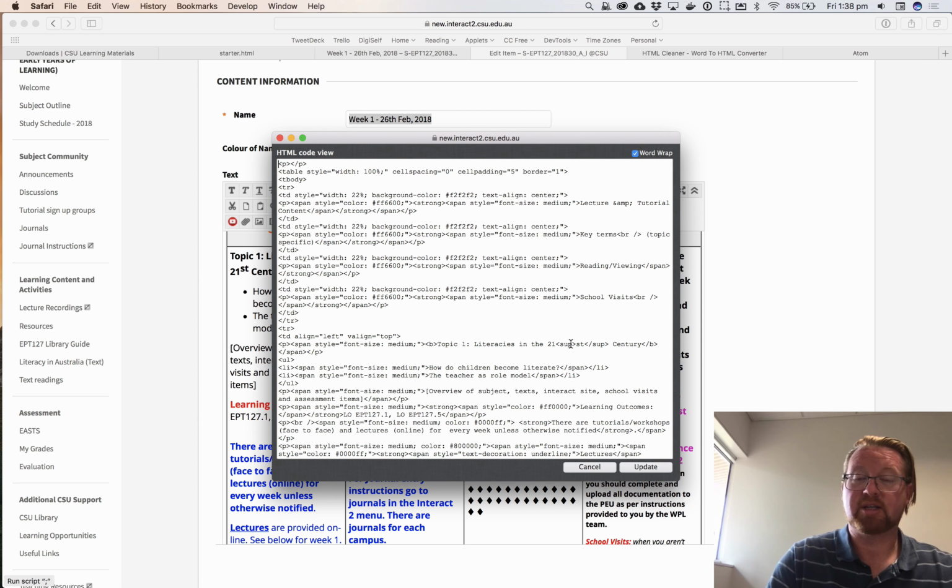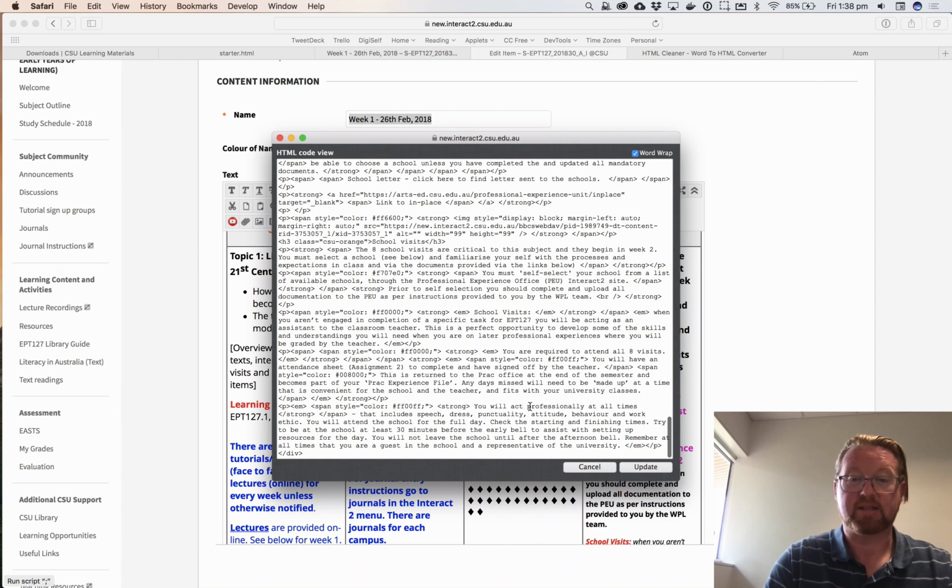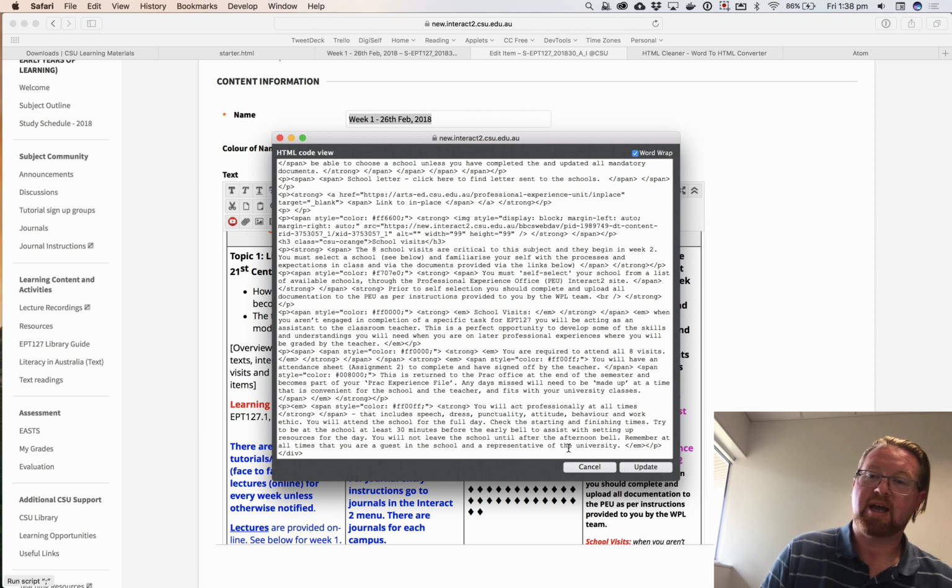Now what I'd suggest doing is, because of the way Blackboard works, paste this down the bottom of the window, so that you've still got the old content there instead of just overriding it. Update it, submit the content, and then you'll be able to see, and you can ask the academic if that's all good. But that's the basic workflow for getting stuff out of a table and into a format that's going to be more useful using the new